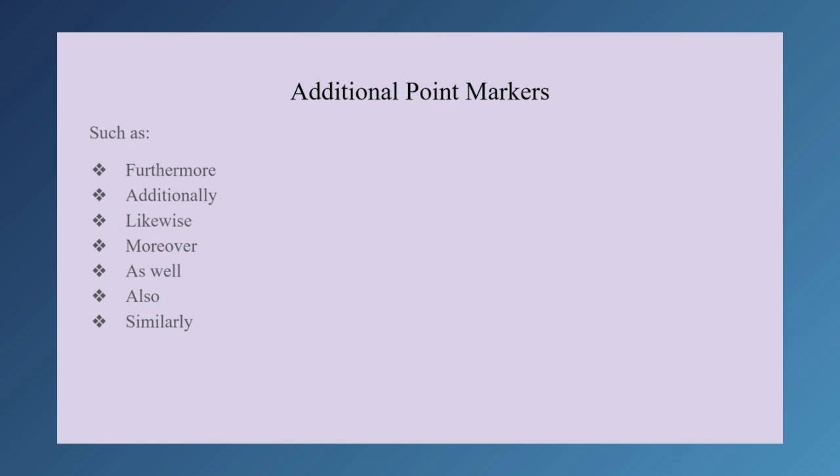Further down from support markers, we'll have additional point markers. And these indicate that the purpose of the sentence is to support a conclusion that's stated a bit further away, probably more than one sentence above. Typically, they start with words like furthermore, additionally, likewise, moreover, as well, also, or similarly. For instance,